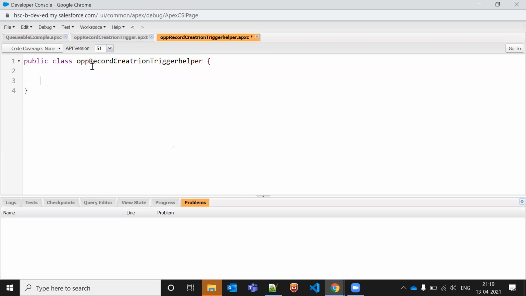Okay, so now let me do one thing. Let me create one public static void main. In this one we cannot pass a list of account string and like this. So let me just do one thing. Let acc list. Okay, we are using acc list, and in the trigger, what we are trying to do here is write the class name dot